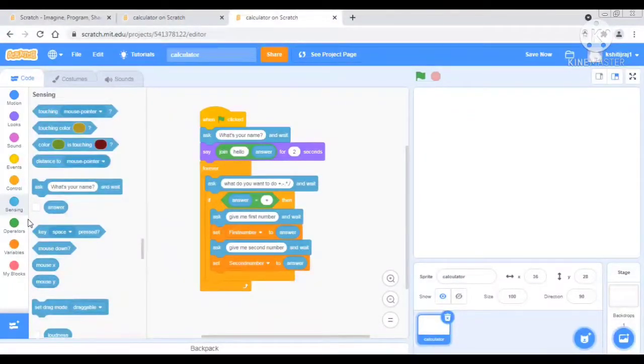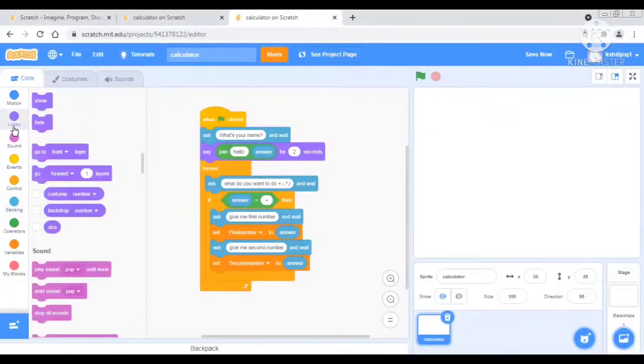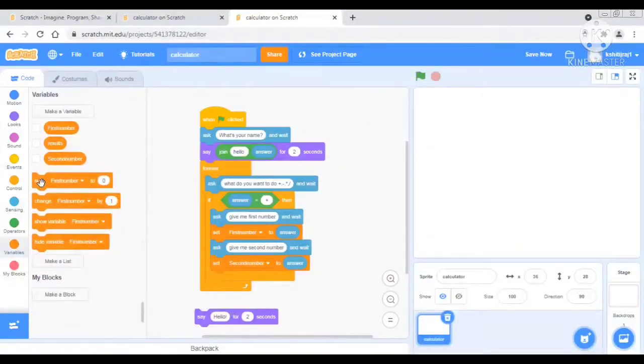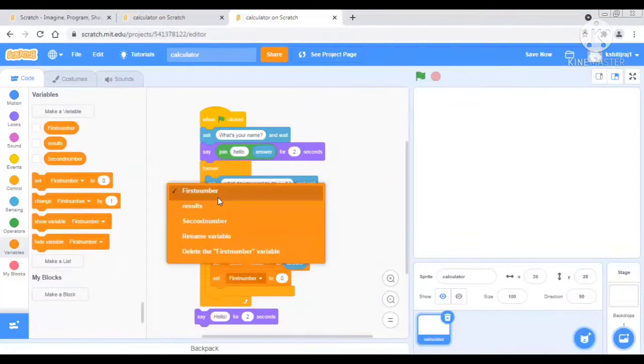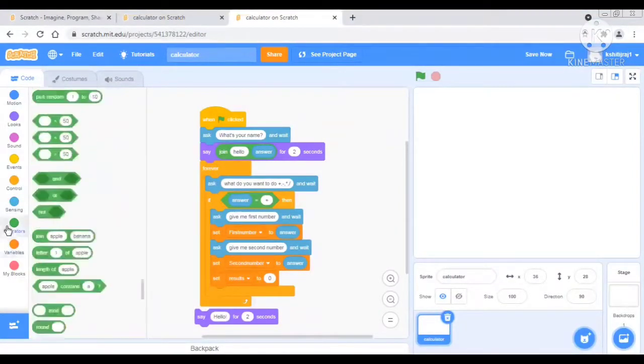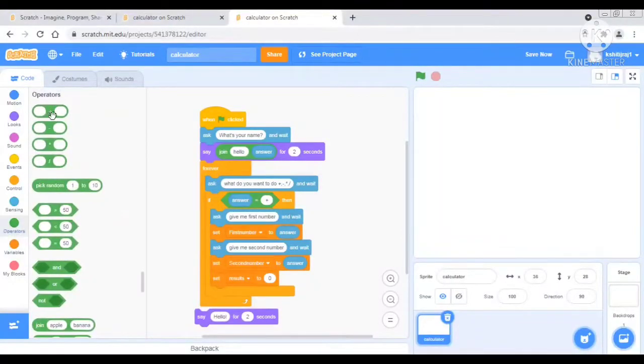After that, first we will take this, and then we will say set result to. We will go to operators, and you can see here there are 4 operators: addition, subtraction, multiplication, and division.